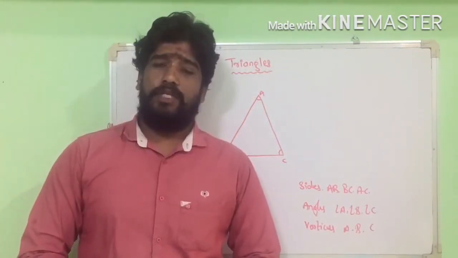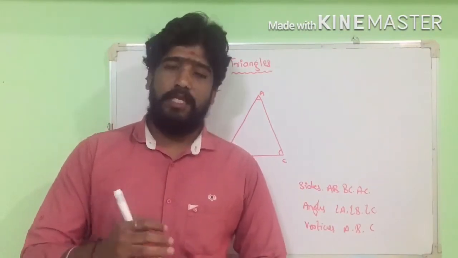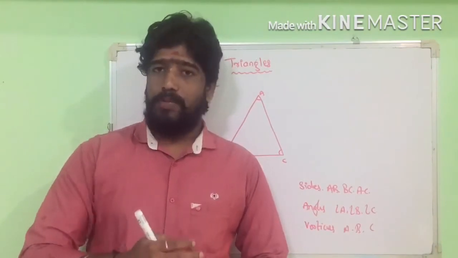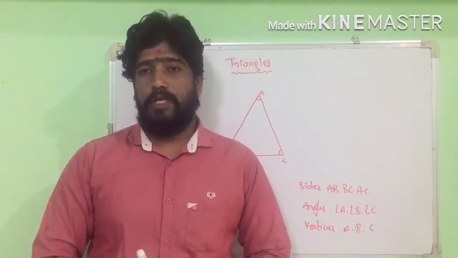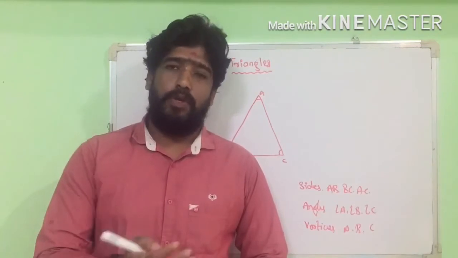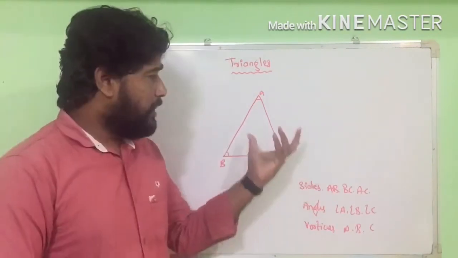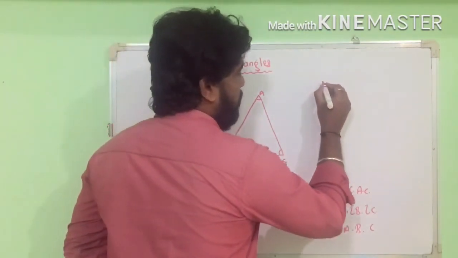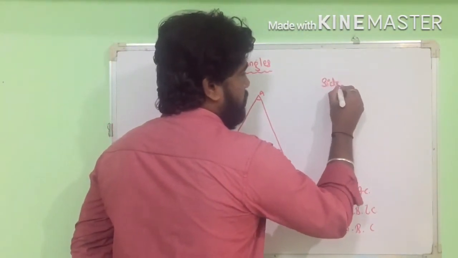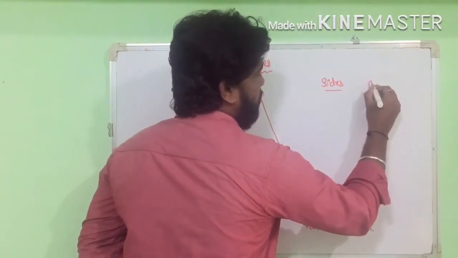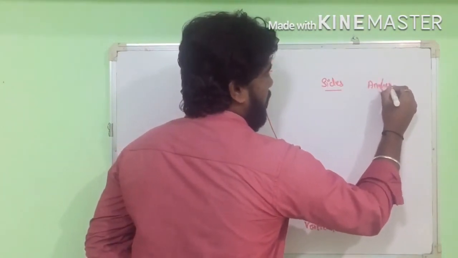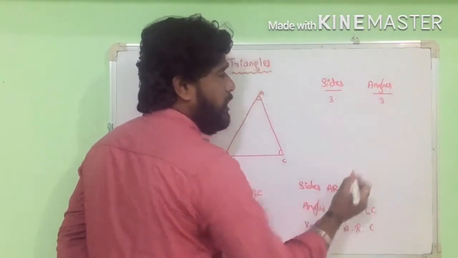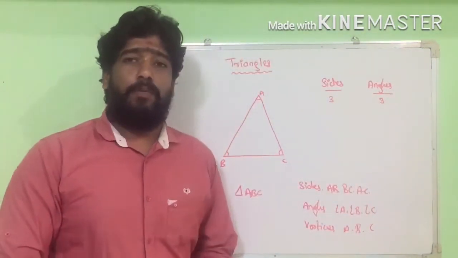So in chapter 6 we study some properties of a triangle. In this chapter we study in detail the congruence and the rules of congruence and some other properties of a triangle, and also some theorems, right? The triangle is classified into two types: one is classified by sides and another is classified by angles. In sides there are three types and in angles also there are three types. So we will study them one by one deeply.